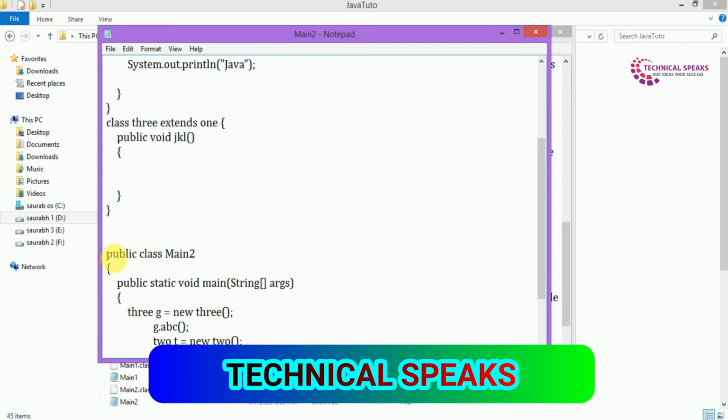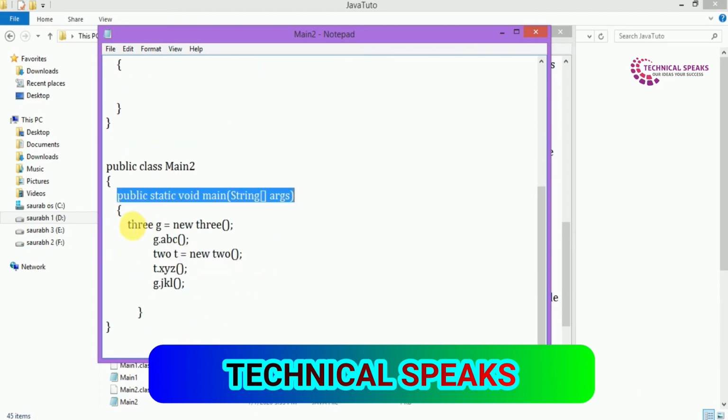Derived class: public class Main, public static void main(String[] args), 3z is equal to new 3. Here we create the object of the child class 3 now. g.abc. 2t is equal to new 2. t.xyz, z.jkl.